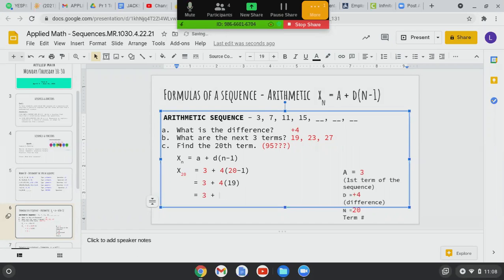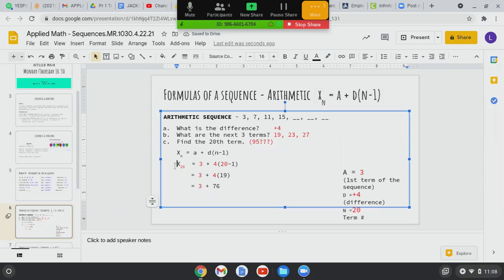What's 4 times 19? 76. So lastly, we now have the 20th term of the sequence,